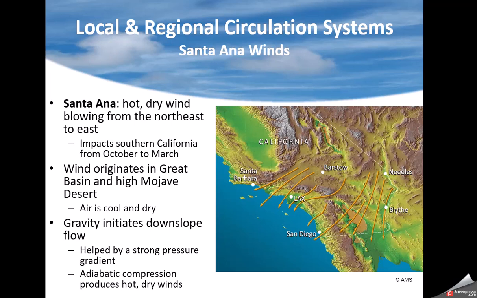Santa Ana winds are another form of that as well. So if you're in Los Angeles and the big high pressure has developed over the basin out to your west, all of a sudden some of that air gets over top of the mountains. Gravity will help to pull it down into the LA basin. It's sinking, it's drying. Remember, it's getting less and less humid with time as it sinks. So you wind up with very hot air, very dry air that's come down into the basin. That's why they have a lot of fires with them.